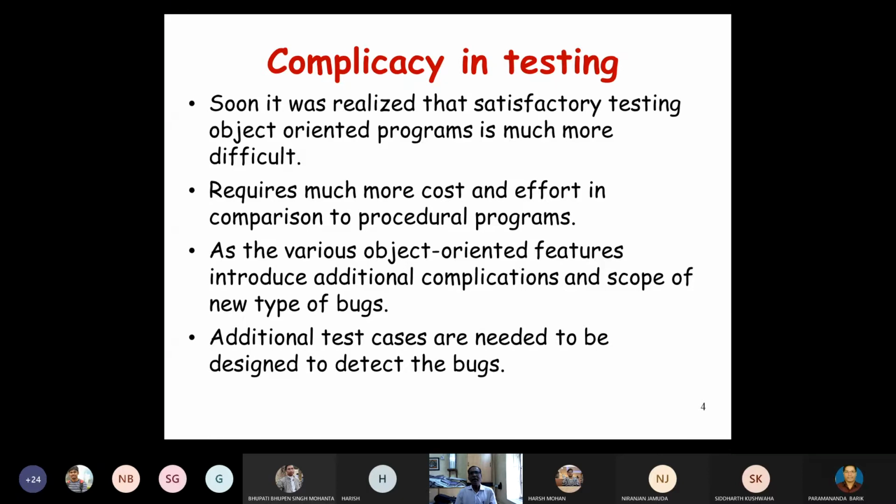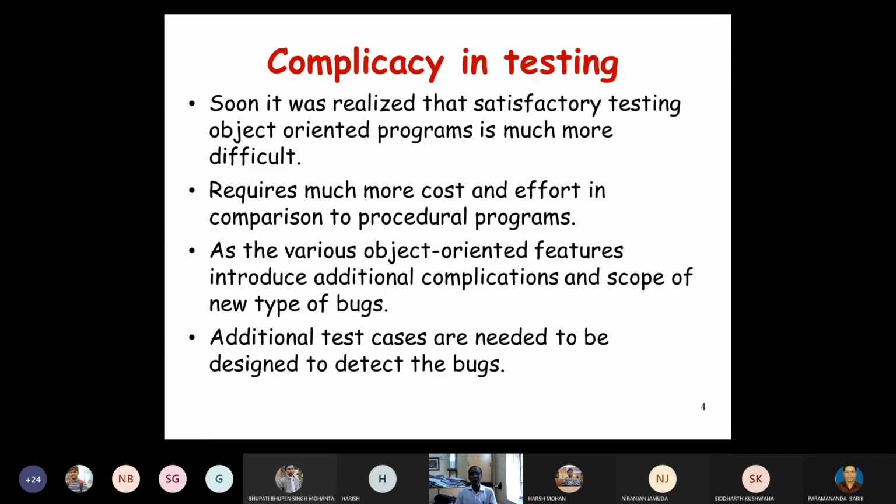So why is there a huge amount of cost and effort for testing object-oriented programs in comparison to traditional procedural programs? It is only due to the additional complications and the scope of new types of bugs in object-oriented programs, because object-oriented programs have special features such as inheritance, polymorphism, encapsulation, dynamic binding, etc. The presence of these features introduces additional complications, additional difficulties in testing object-oriented programs.